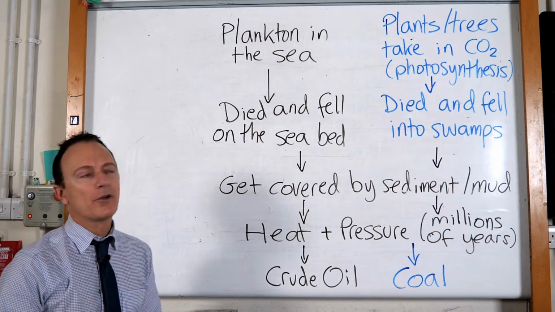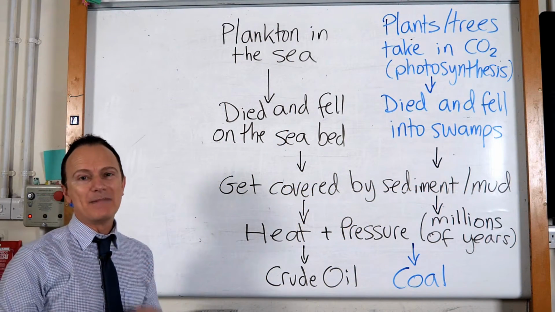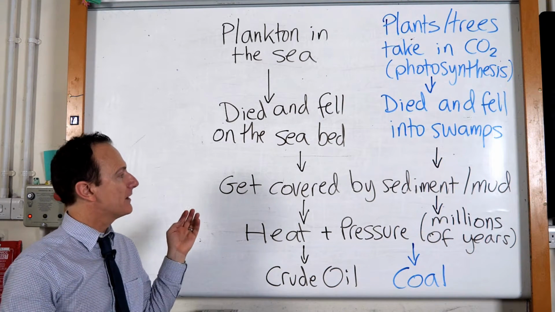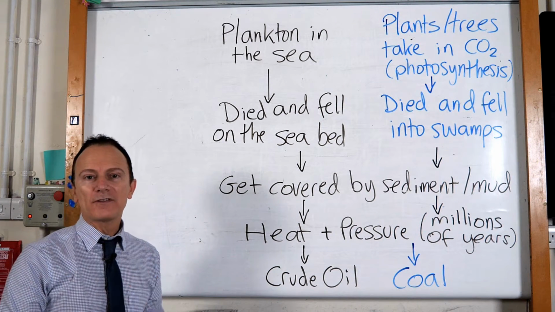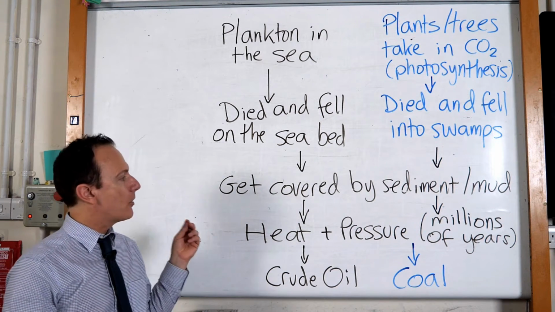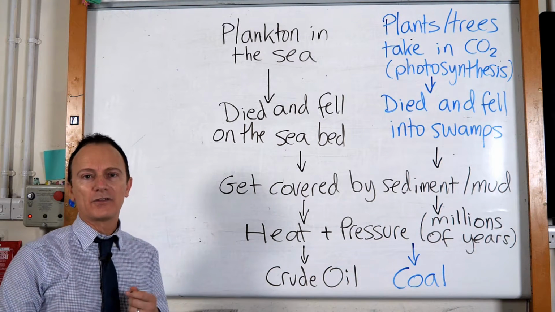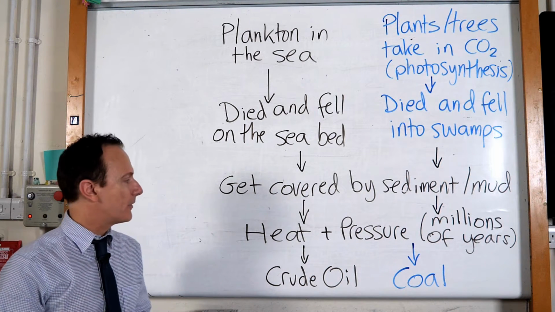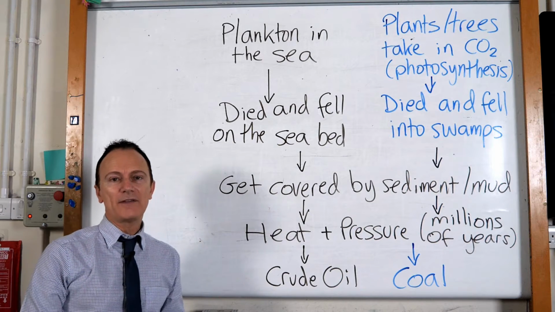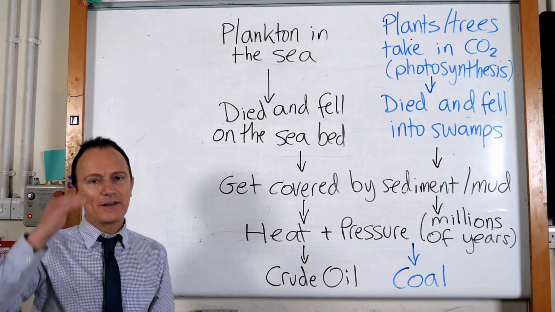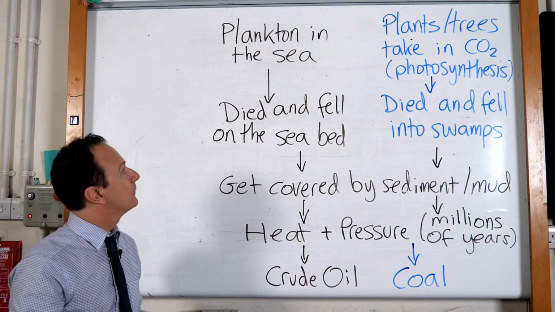Crude oil was formed from plankton that lived in the sea millions of years ago, and when that plankton died, it fell on the seabed, and rather than it rotting away completely, it got covered by sediment and mud, and that kept out the oxygen and stopped it completely decomposing. Over millions of years, heat from inside the earth and pressure from different layers piling up on top turned that